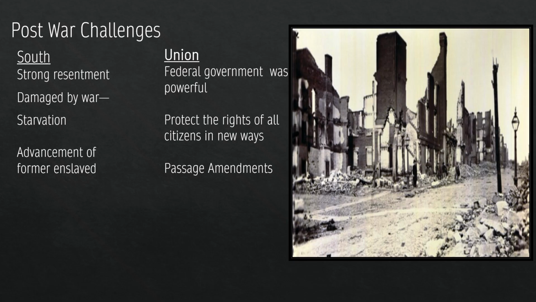Especially as federal policies are beginning to reshape Southern society, many white Southerners oppose the advancement of formerly enslaved people, right? They're going to resist efforts to grant them their civil rights and any type of economic opportunity. This resistance is going to lay the groundwork for future racial tension, and it's also going to raise discriminatory laws like the Black Codes and later Jim Crow.